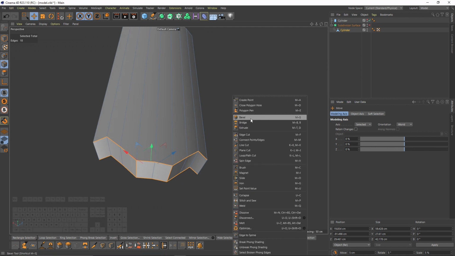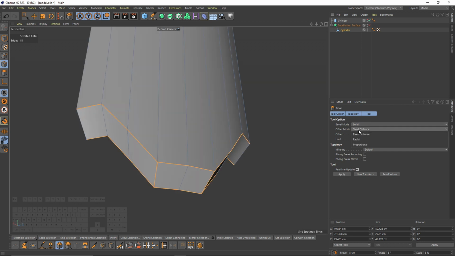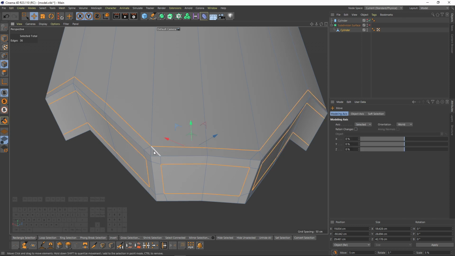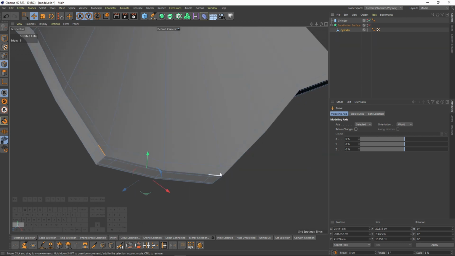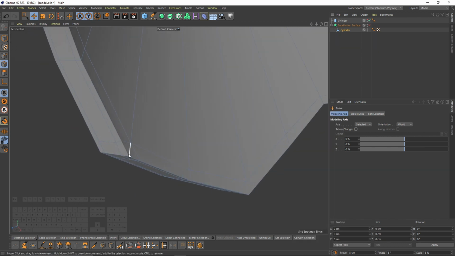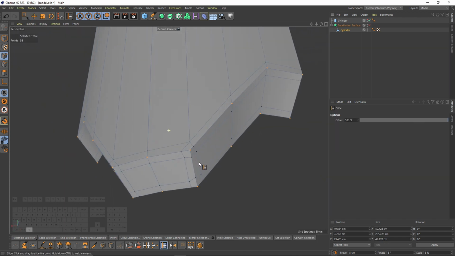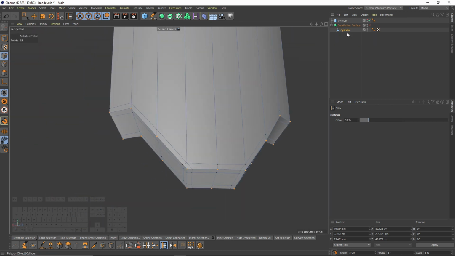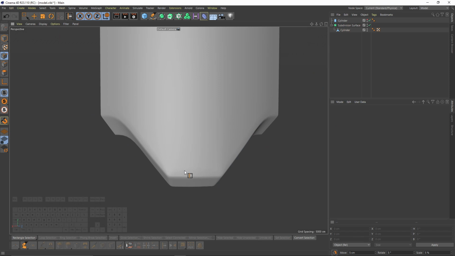Then I will right click, select bevel and change your bevel mode to solid. Also change the offset mode to fixed distance and bevel. This is gonna create triangles, but we can fix that. Just select these edges in the middle, right click and melt. And also I will move some of the points. Okay, let's enable subdivision surface. Okay, the bottom part looks good, but